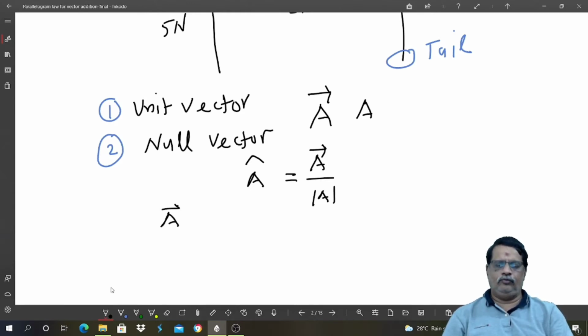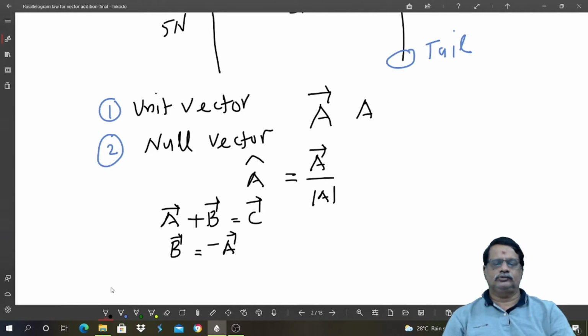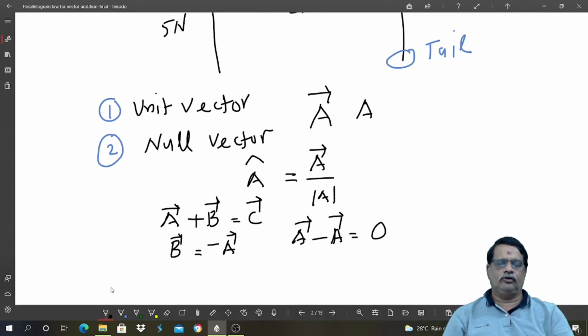Suppose we have two vectors A and B, and their sum gives us a third vector, which is C. So simple addition. Vector plus vector should give you vector. Scalar plus scalar will give you scalar. So only similar physical quantities can be added. You have studied this in a chapter called measurements. Now suppose vector B is equal to minus vector A. Then what you get? Vector A, in place of B we have to write minus A, equal to 0.